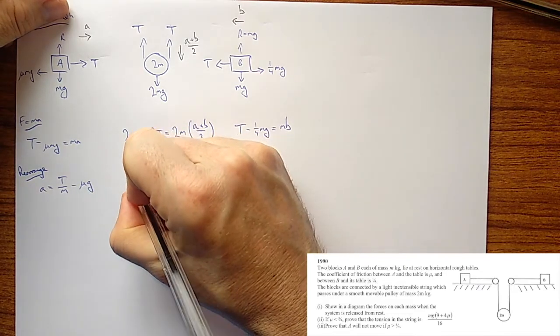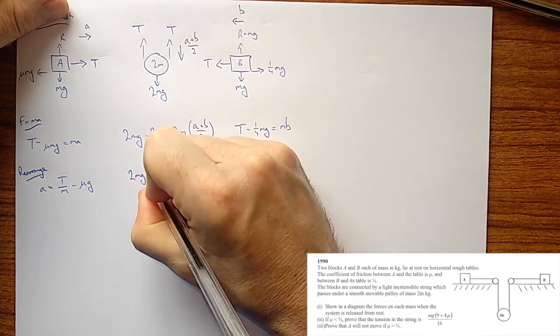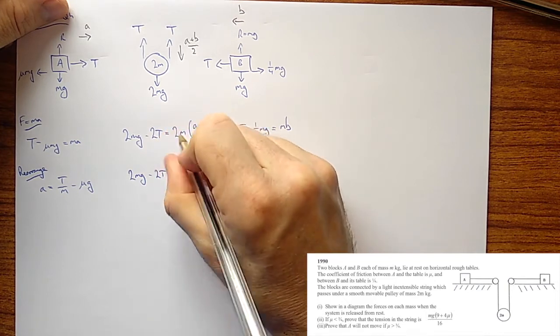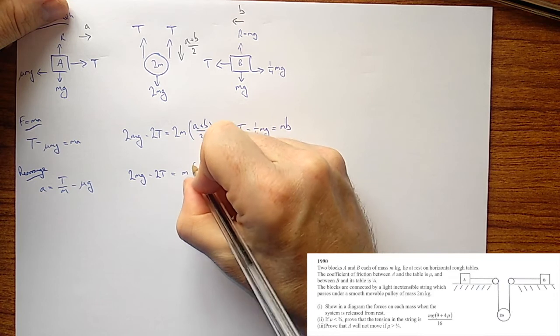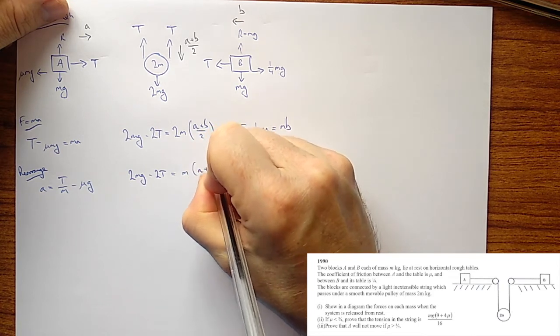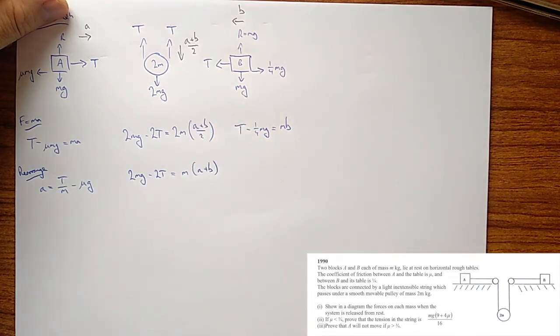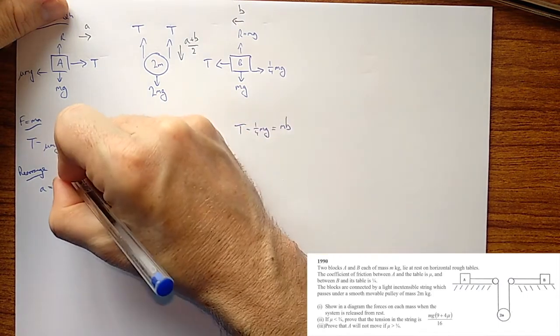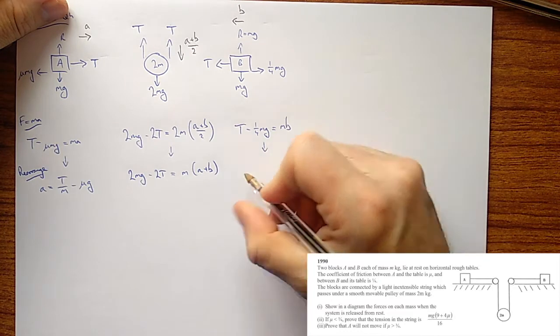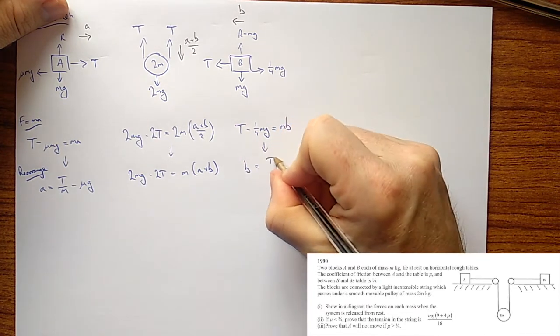This one here, of course, 2mg. Don't always have to touch this one, but in this case, there's a little bit of obvious tidying to do. Equals m factor of a plus b. Just makes our substitution the next step a tiny bit easier. And of course here, so that's each of those equations, and this one here, b equals t over m